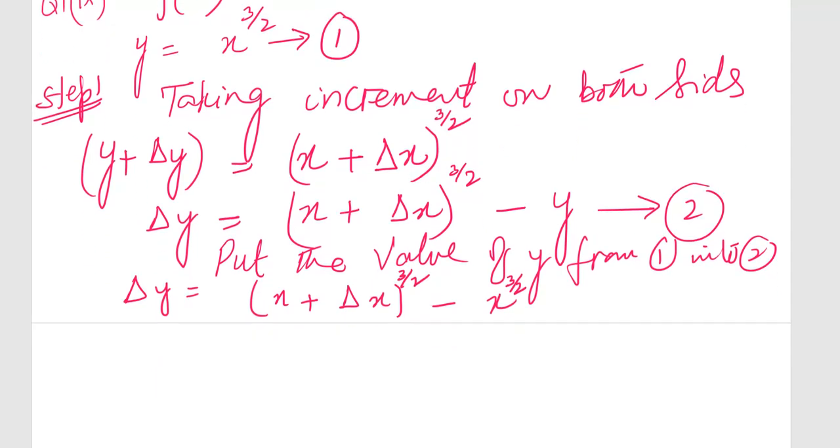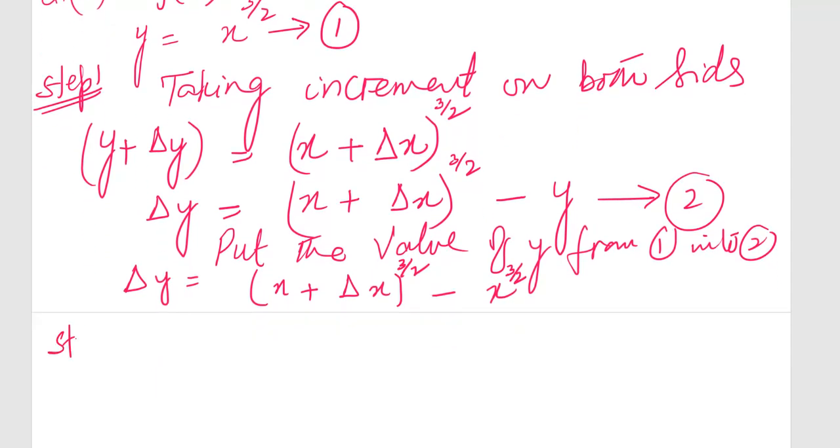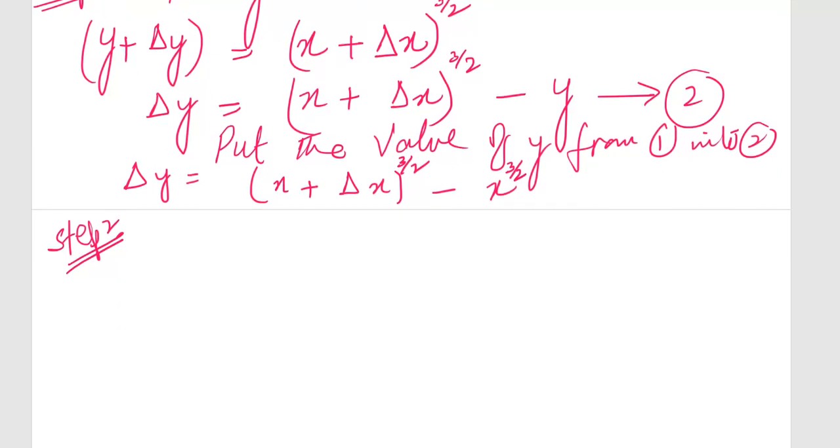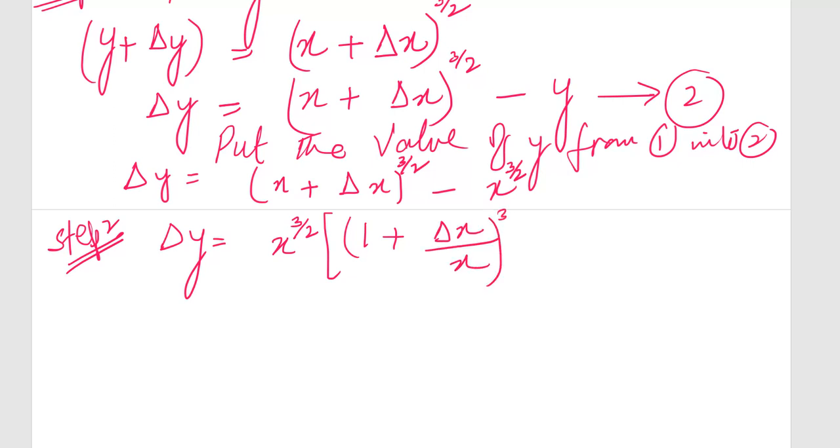Now we are going to start step number 2, and in step number 2 we will solve it. Okay, so see here, delta y is equal to x plus delta x, whole power. It means this power belongs to x, this power belongs to delta x as well. If I take x power 3 by 2 common, so here I have 1 plus delta x over x whole power 3 over 2, and this is